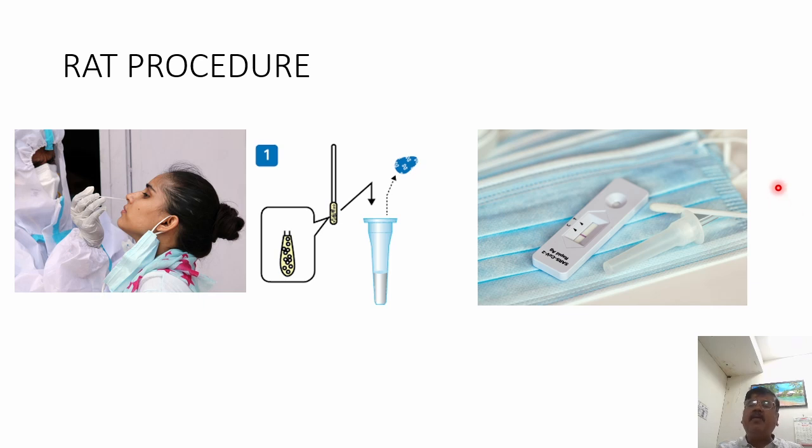So, what is the guideline given by ICMR? Simultaneously, you collect both specimens. That is, the rapid antigen test as well as the RT-PCR specimens should be collected simultaneously. If RAT is positive, discard the RT-PCR sample, because positive is compulsorily positive, confirmed positive. If it is negative, we have to process the RT-PCR. So simultaneously both samples are taken for RAT as well as RT-PCR.